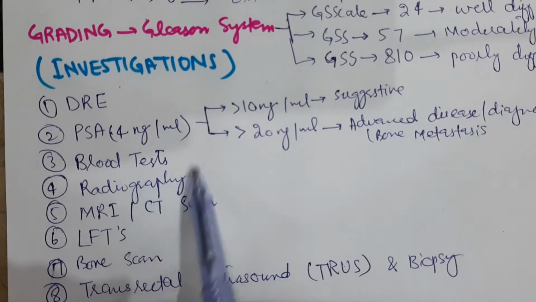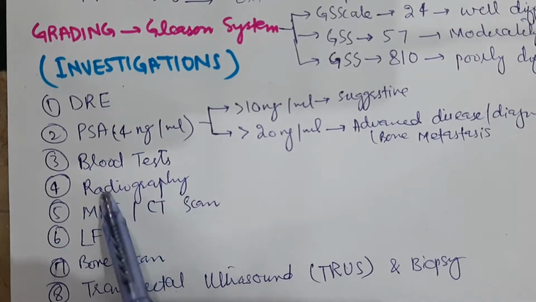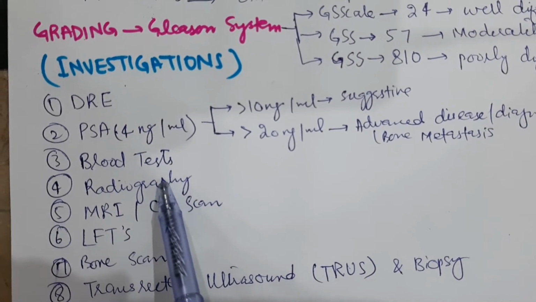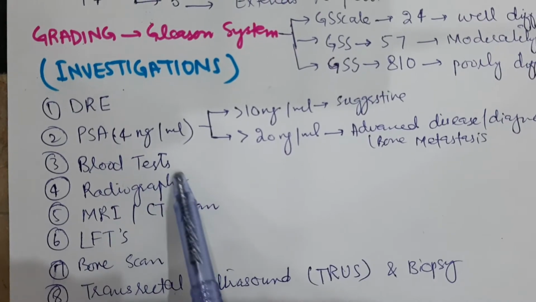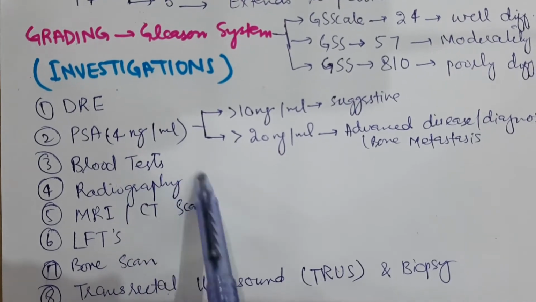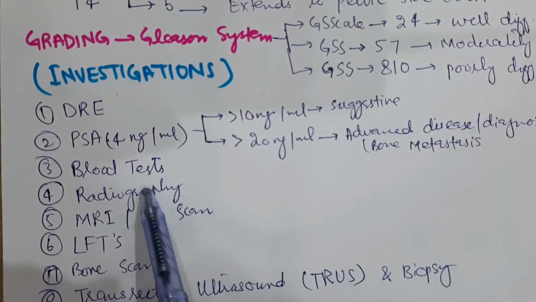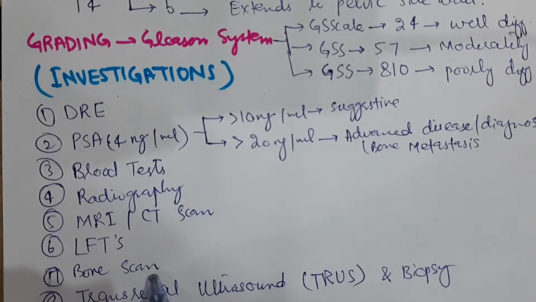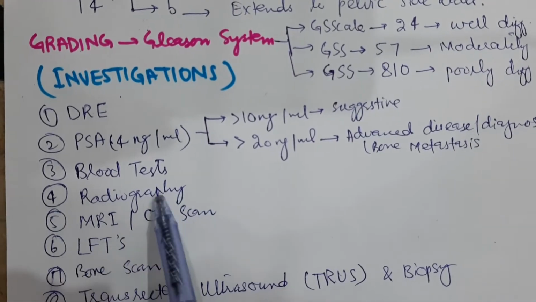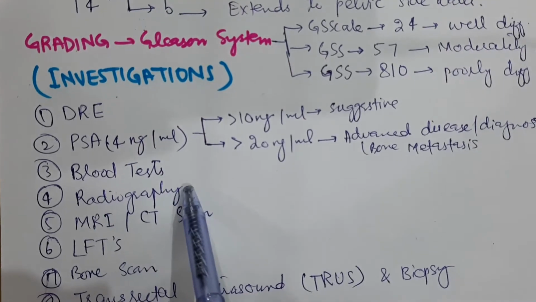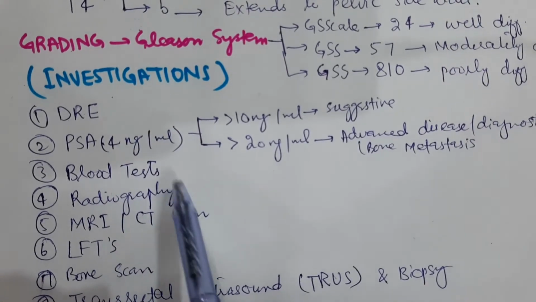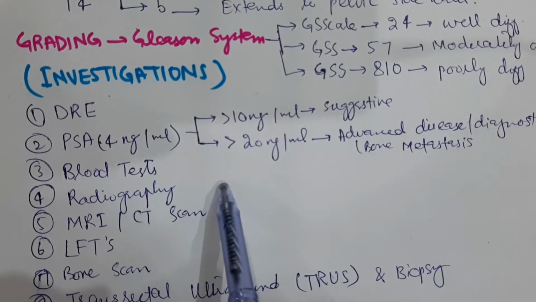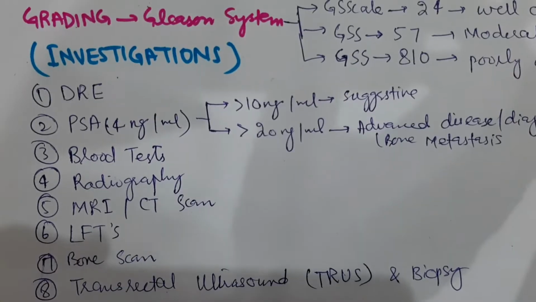it should be kept in mind that the picture should be differentiated from the Paget's disease of the bone. As in the Paget's disease of the bone, bones are also dense and coarse. So the coarse and dense bones due to the prostatic carcinoma, metastasized prostatic carcinoma should be differentiated from the Paget's disease.